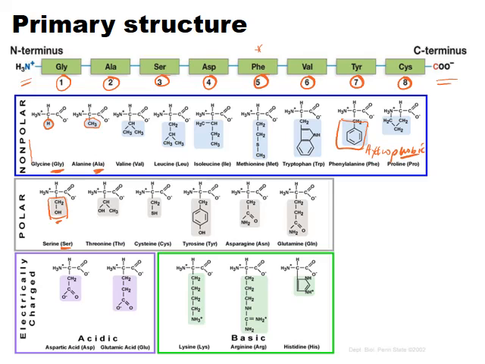Now cysteine is amino acid number 8 in the polypeptide chain, and that's also quite interesting because if we have a look at the variable group, it's CH2SH, and this is the middle row. Now it's got sulfur in the variable group, so we know cysteine amino acids can actually form what we call disulfide bonds, and they're quite strong covalent bonds that help maintain the tertiary structure of a protein that we'll see a little bit later. Now because this polypeptide has 8 amino acids, it indicates to us that we're going to be able to draw in